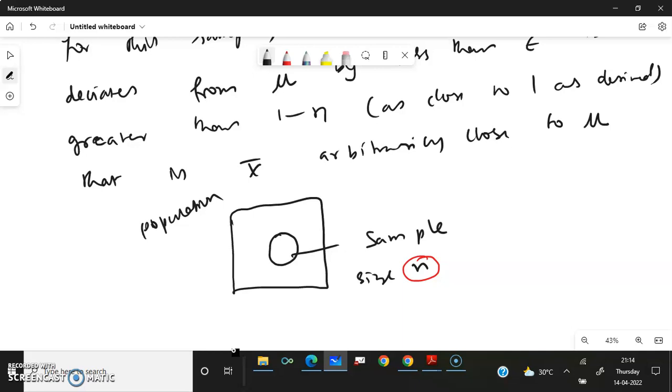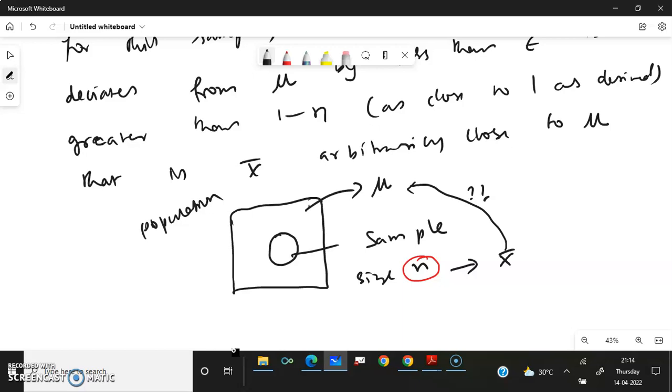Here we want to find the parameter mu, which is the mean. We want to find the value of this mean. From the sample we will find some x bar, and the question is how close it is to mu. It should be as close as possible, the difference very close to 0. That is exactly what we are expecting. For sure it will deviate.